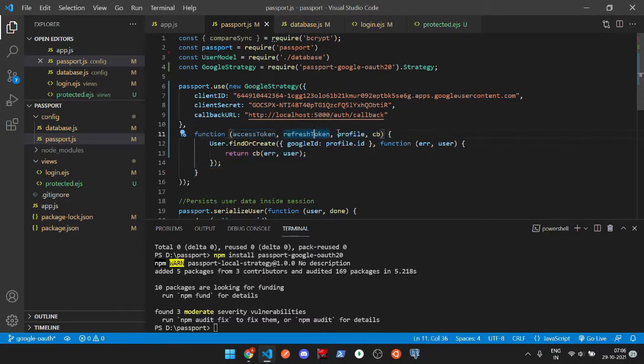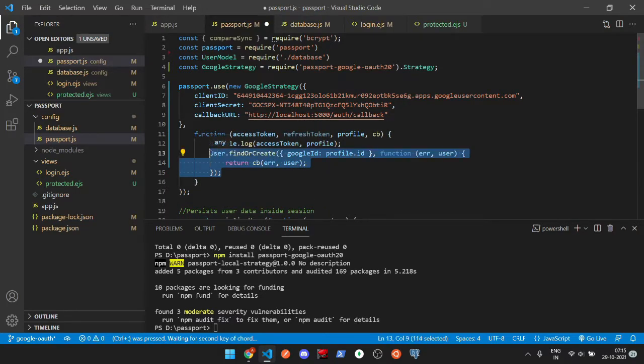We get these values after successful authentication. So whenever you're trying to access a website and you log in through Google, it gives you this access token, and based on this access token, the third-party website will know that you are a valid user, and only then will it provide you the resources that you need. So this access token is basically a key to accessing the resources inside that website. Whenever your access token expires, this refresh token is replaced with this access token.